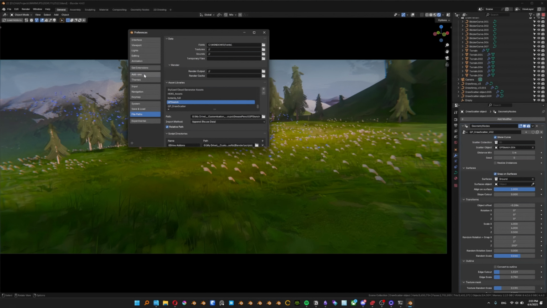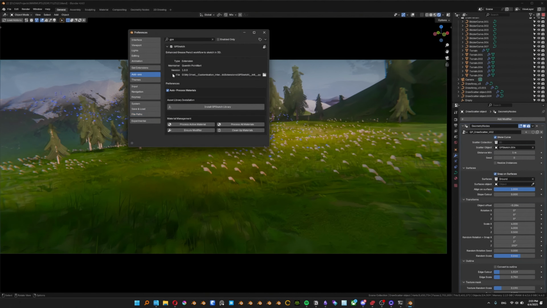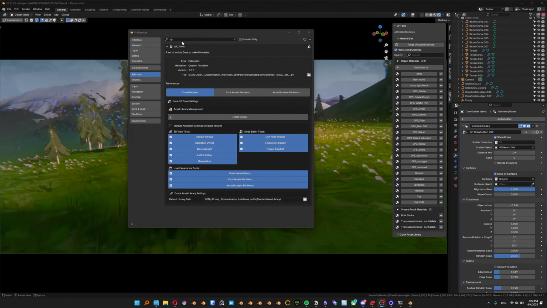If you want to do this manually, you just need to go in the file path where you installed the add-on, and in there you will see a zip file called GPSketch lib, and that's the zip file with the library inside. So you can unzip the folder wherever you like, and it's basically doing the same as clicking this. It's just a shortcut. With GPSketch, I will give you also the Qp tools, which is another add-on that you